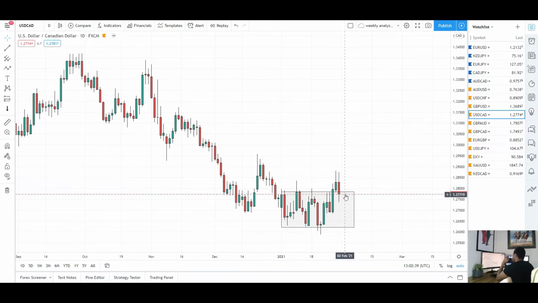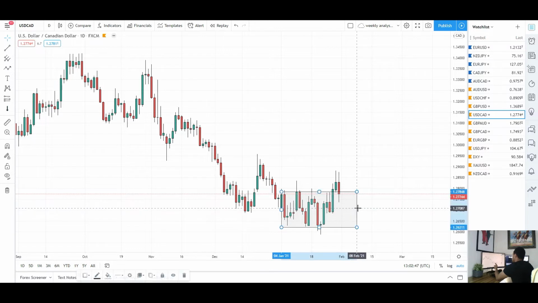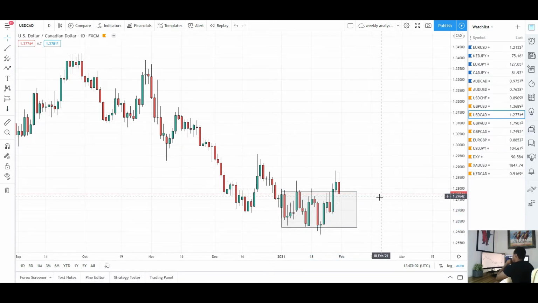However, if you start to close again very strongly below, right into the middle of this consolidation, that was probably just a false breakout at that point, and we could see price consolidating a lot more, maybe even see a break to the downside and a continuation for this pair. But right now it does look like we've broken to the upside. We're coming back to retest and probably do expect further movement to the upside for USD CAD,